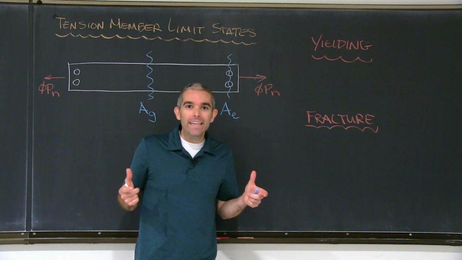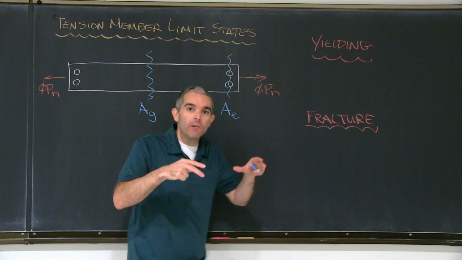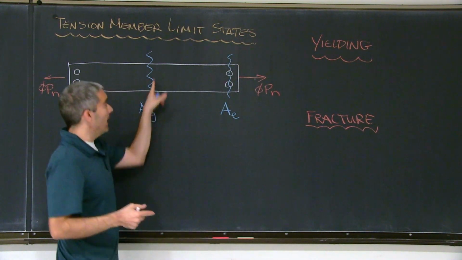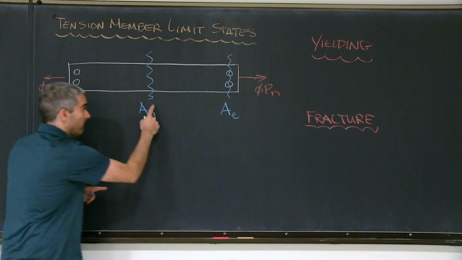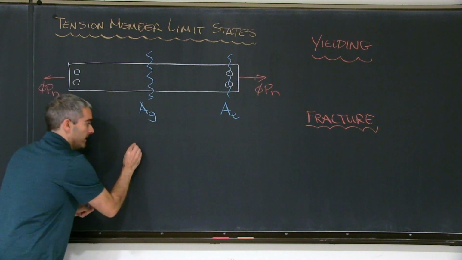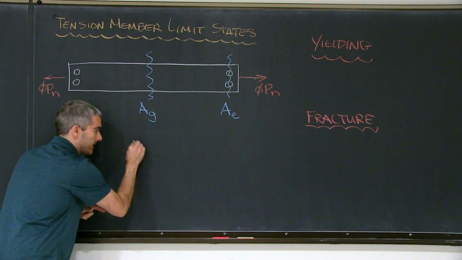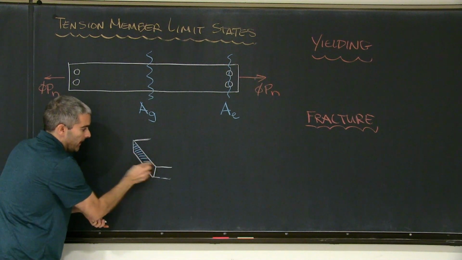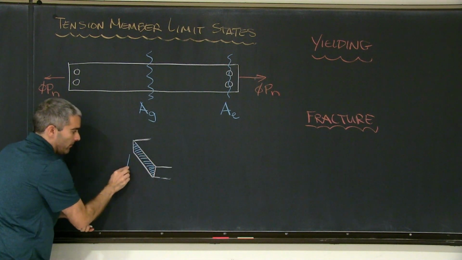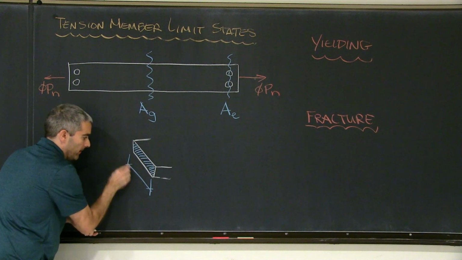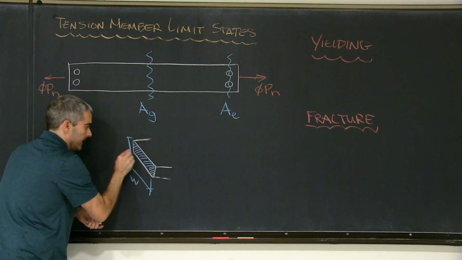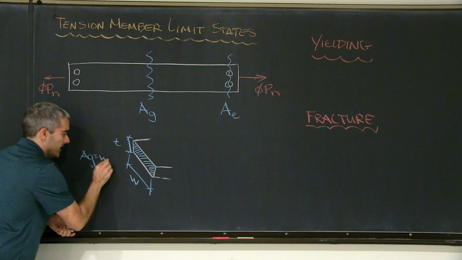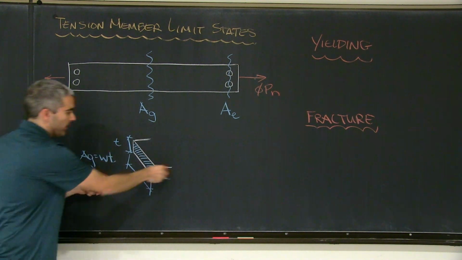All right, so we saw with yielding that it was a problem that happened in the gross cross-section. How do we calculate the gross cross-sectional area? Well, basically, it's the cross-sectional area through this spot right here in our member. So if we look at it transverse, that would look something like this for a rectangular member. And this shaded area here becomes our gross cross-sectional area, which is whatever the width of the member is times the thickness. So we would say our gross cross-sectional area is just the width times the thickness of the member